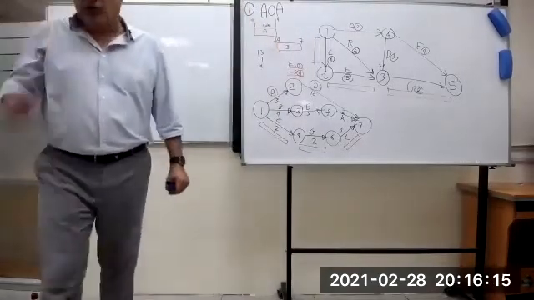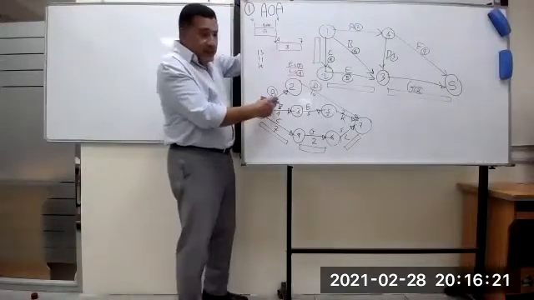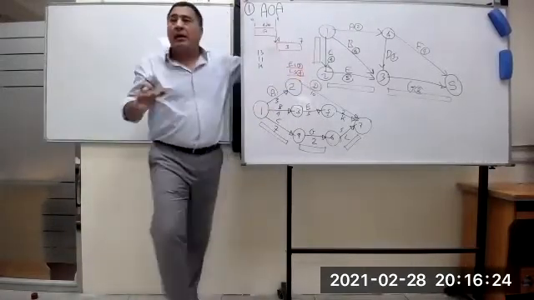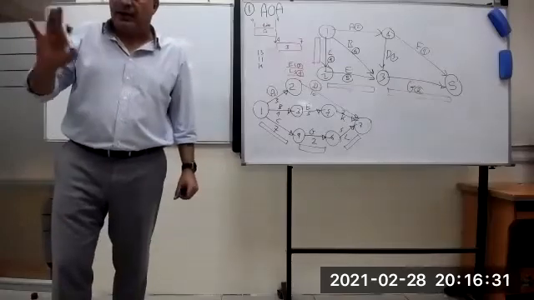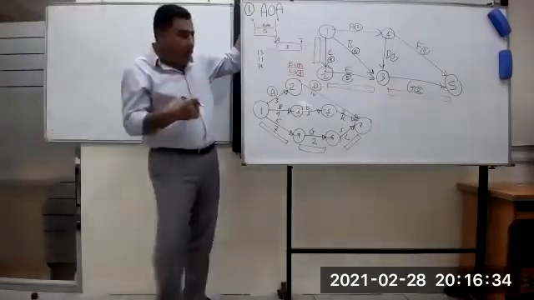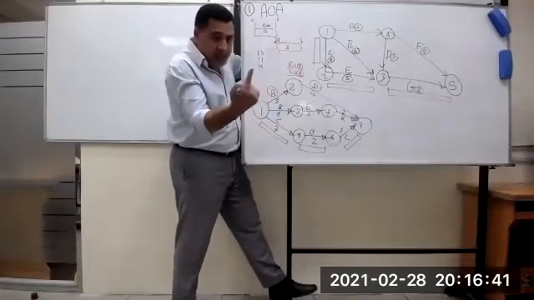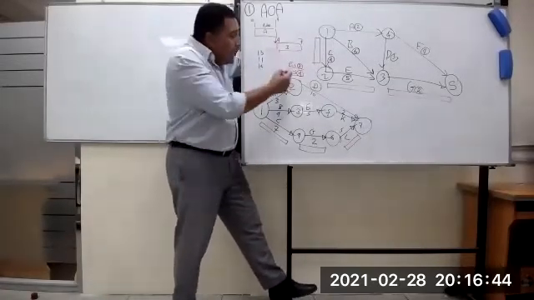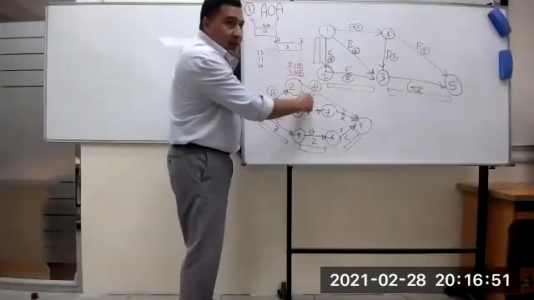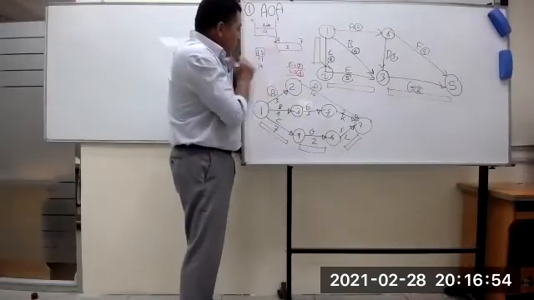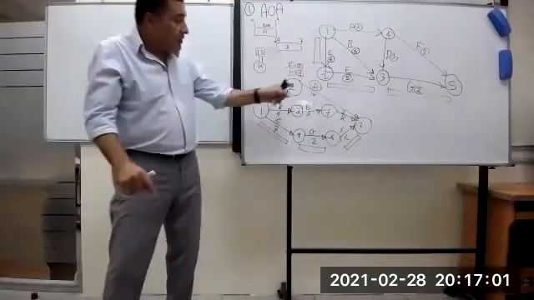I will teach you now, by the end of the day. Same here, this activity will finish in 3, so this one starts right at 3. Don't wait for the second day. That is another technique, it's not in our exam for PMP. But in our questions and in our exam, 3, 3. And we have 1 day of float for this path, meaning the latest start is 4, because 3 plus 10 is equal to 13. I have 13, and here it is 14. 14 minus 13 is 1. Okay. And he will tell you this particular